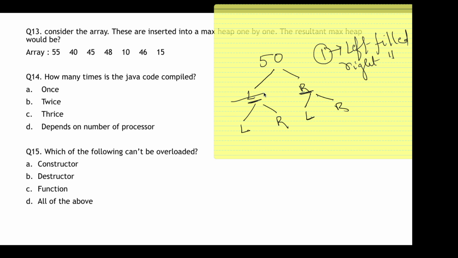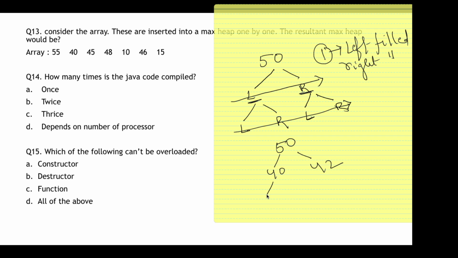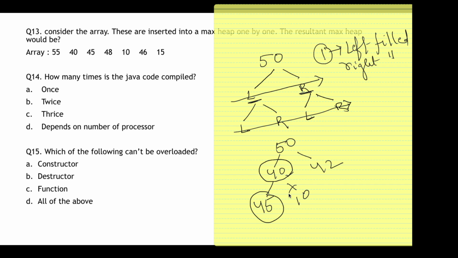So this is how it works. It works across like this, left to right, okay? Now one more thing. Suppose this is your, say, 40, this is say 42. Now this is say 45 and this is 10, okay? Suppose this is the tree. Now you see, this is the parent node for this and this, okay?